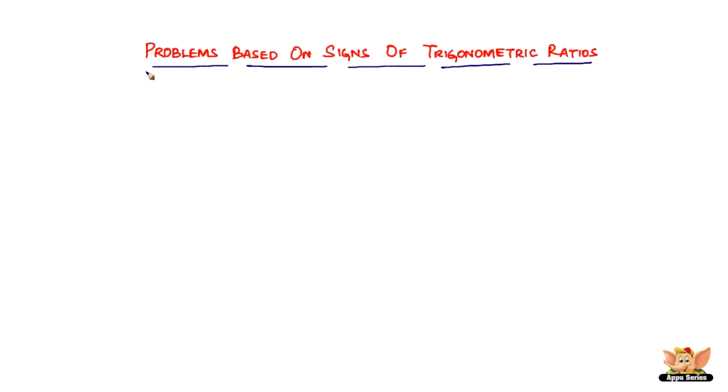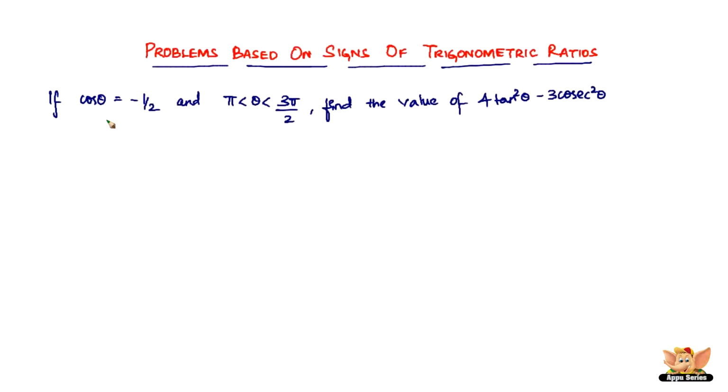In this video, we're going to continue to solve problems based on signs of trigonometric ratios. Let's see what problem we've got here. Alright, so here we've got a problem which reads like this. If cos theta equals negative 1 by 2 and theta is greater than pi and less than 3 pi